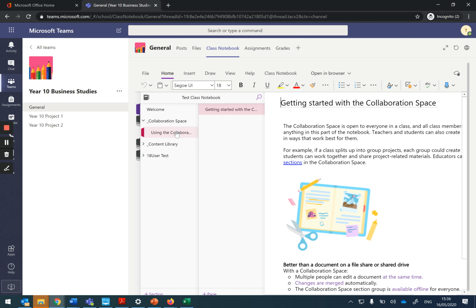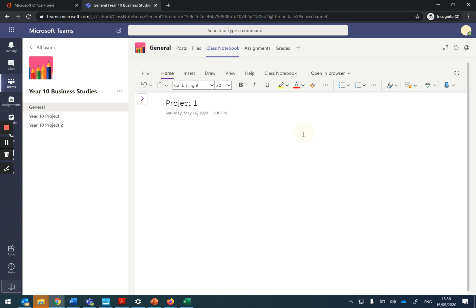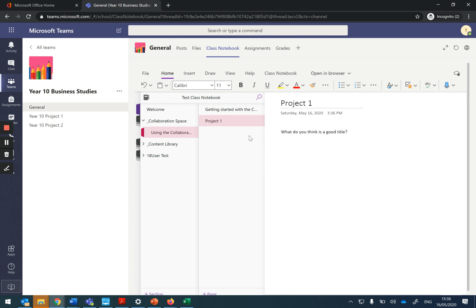So if I was to make a new page here, for example, and call it project 1, I can then make a discussion and say, what do you think is a good title? Students would be able to see that and respond to that. They'd be able to edit and change any of the work in here. So if I didn't want to allow that, then I would post in the